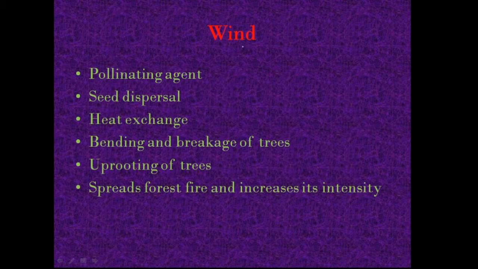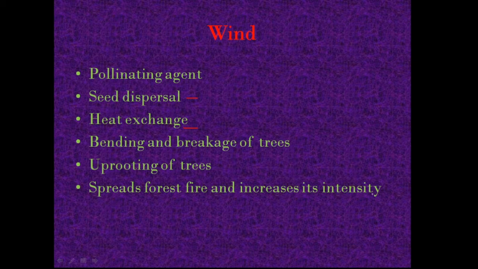Wind. Why is wind important? Because wind is a pollinating agent, which means the wind transfers pollen grains from one place to another, as well as helping in seed dispersal, that is, transportation of seeds from one place to another by the wind, right? And heat exchange. Heat exchange means the wind removes the warm air and brings the cold air, right? So it also has negative impacts like bending and breakage of trees, uprooting of trees, spreading forest fire